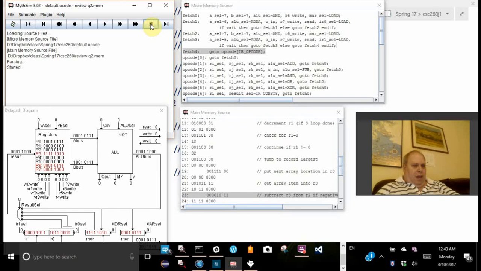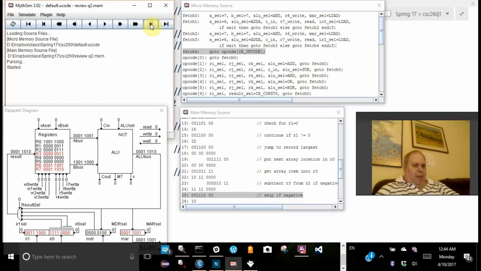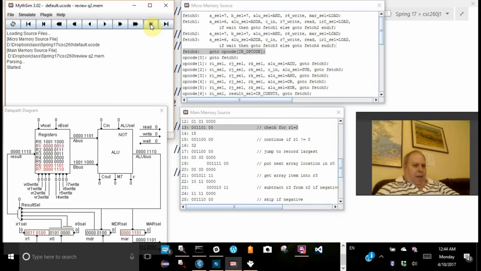And we're going to get negative, I think that's negative something, or negative 6 or something. Keep going, we subtract, it's positive, 7 stays in R2, and R1 gets smaller. We read another number. Keep adding into R1, and okay, we're getting to the point here